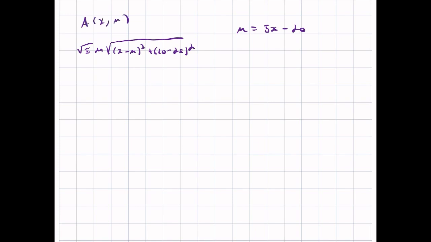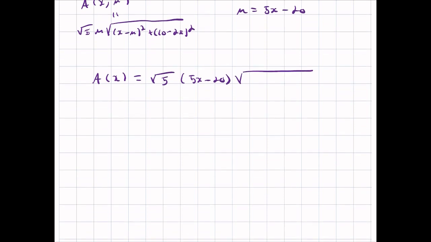This is our area function. This is a function of x and m. If we can get it just as a function of x, then we can optimize it. We know how to do that. So now let's substitute in m equal to 5x minus 20. We get root 5 times 5x minus 20 times the square root of x minus 5x minus 20 squared plus